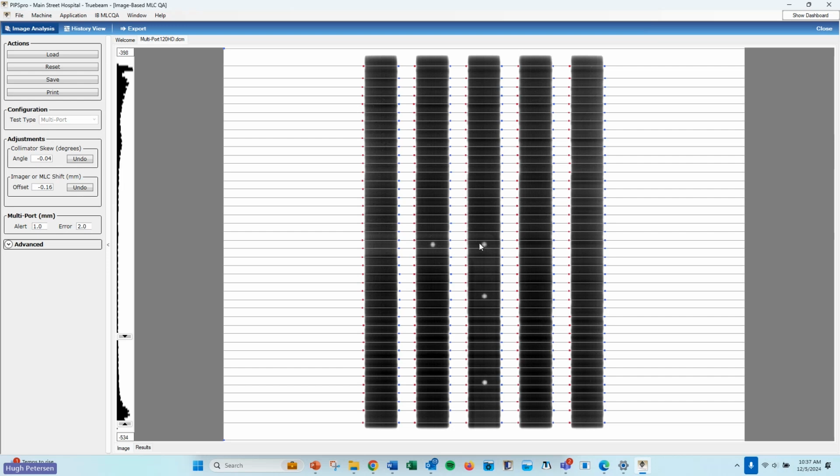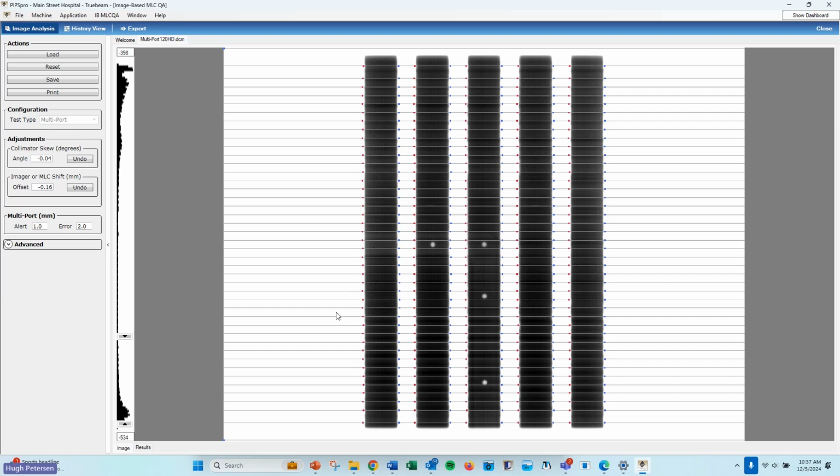We did at one point with our first iteration of the software, and you can still use it today. We have a Phantom that has 4 fiducials on it that get placed within the center of the Phantom, or the center of the field, and utilized. But we also have a Phantom-less option. We changed and updated the software a couple of versions ago to be Phantom free for this test. But you'll still see the residual